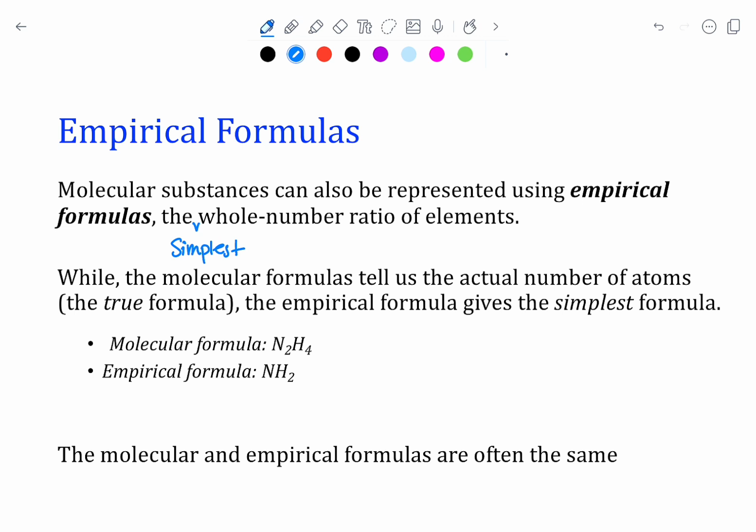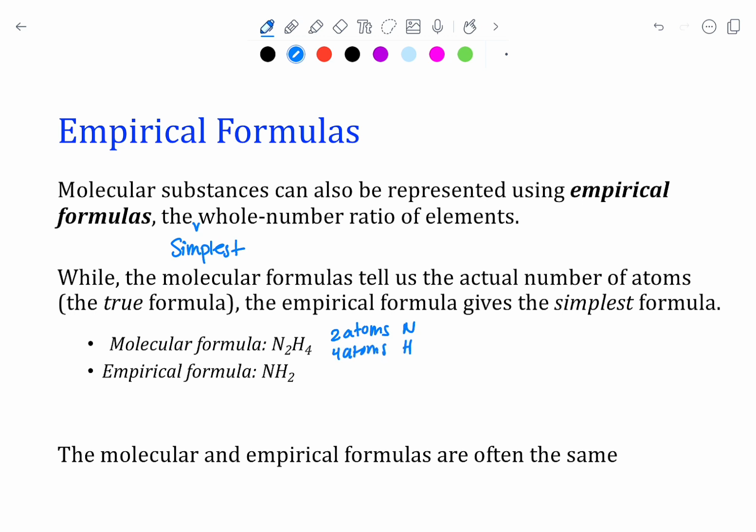our empirical formulas. So, while our molecular formulas tell us the actual number of atoms in a molecule, so the true formula of a full molecule, the empirical formula gives us the simplified version of that formula. So it doesn't tell us exactly how many of those individual atoms are in the molecule, it just simplifies the formula for us. So for example, in a molecule of N2H4, there's 2 atoms of nitrogen and 4 atoms of